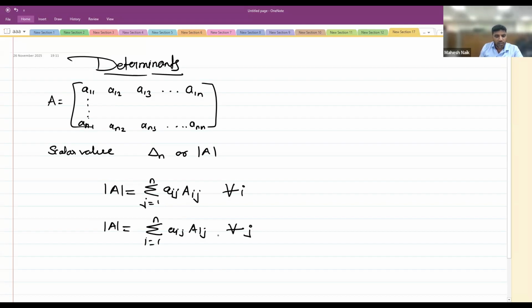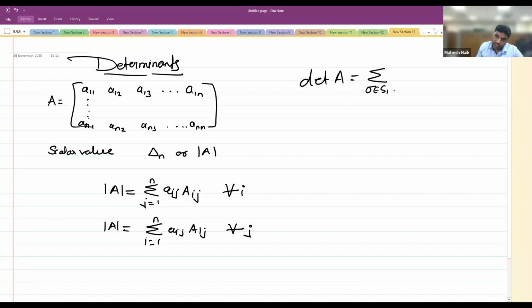Okay, so that is what we generally use. We look at the cofactors, and then we calculate the determinant. Otherwise, we also have a definition in terms of permutation. Okay, so we can also define the determinant of the matrix as the summation over